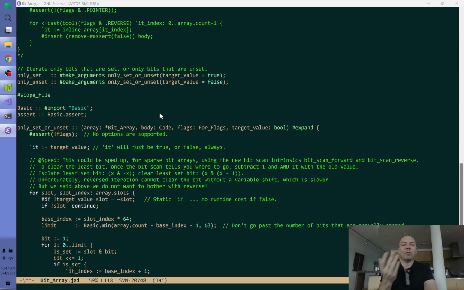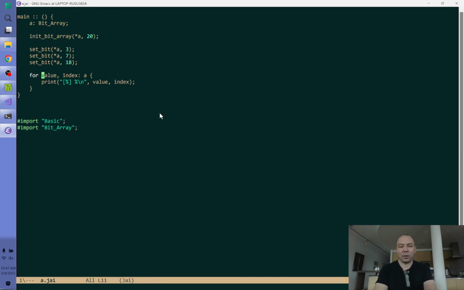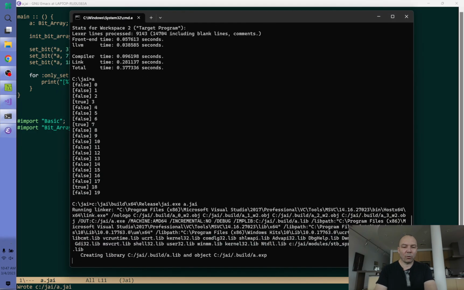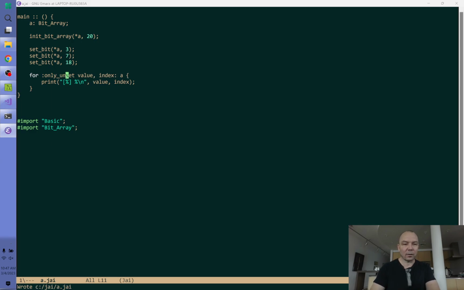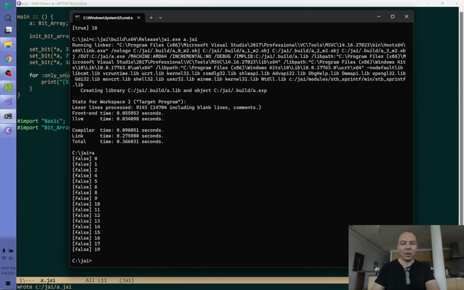So if I want to say, give me only the 1 bits, which is a common thing to want, right? Then I can just do that. I could say for only set, and now we only iterate over the 1 bits, and there we go. Or I could say only unset, and we get the 0 bits. So that's very convenient and expressive, but